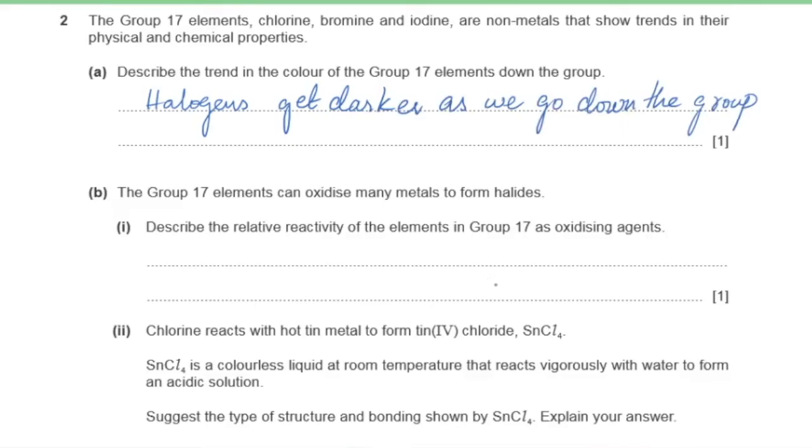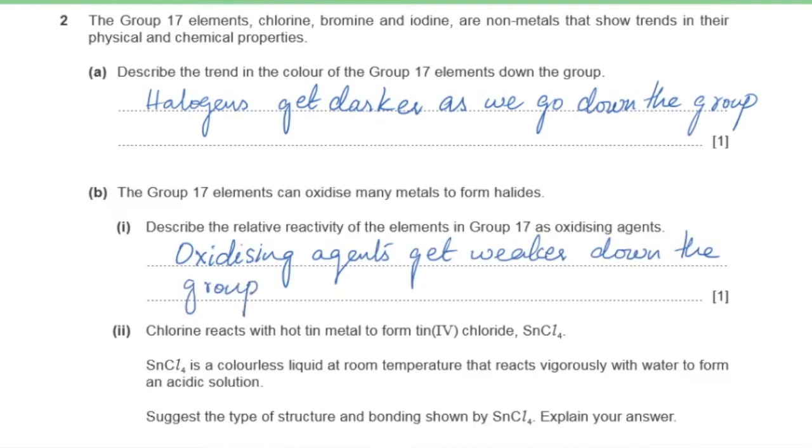Part B, the group 17 elements can oxidize many metals to form halides. Part 1, describe the relative reactivity of the elements in group 17 as oxidizing agents. So the elements which are on the top, they are better at oxidizing, while the ones that are at the bottom of the group 17, they are better at reducing elements. So I can say that the oxidizing agents get weaker down the group,